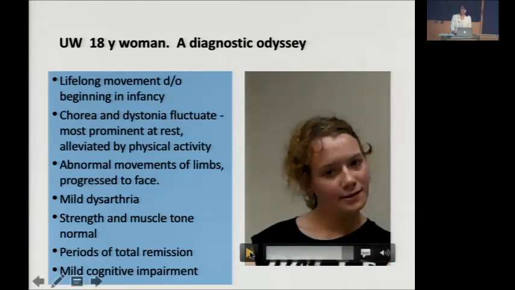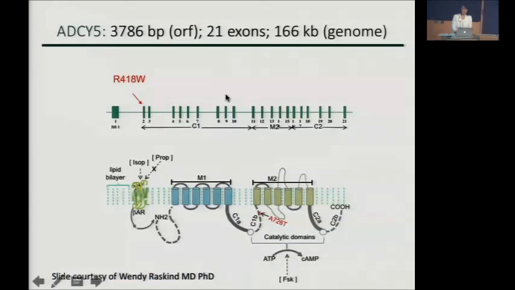So the exome sequencing was, of course, diagnostic in her, and it identified a single base pair substitution in a gene called adenylate cyclase 5. And so this is actually the first example of a movement disorder caused by mutations in adenylate cyclase, and it was described only in 2012. So it's a very obscure disorder, but this basically found the cause of her movement disorder